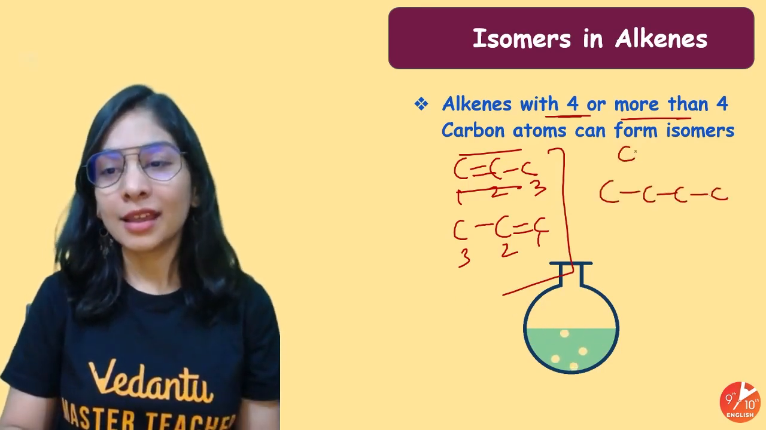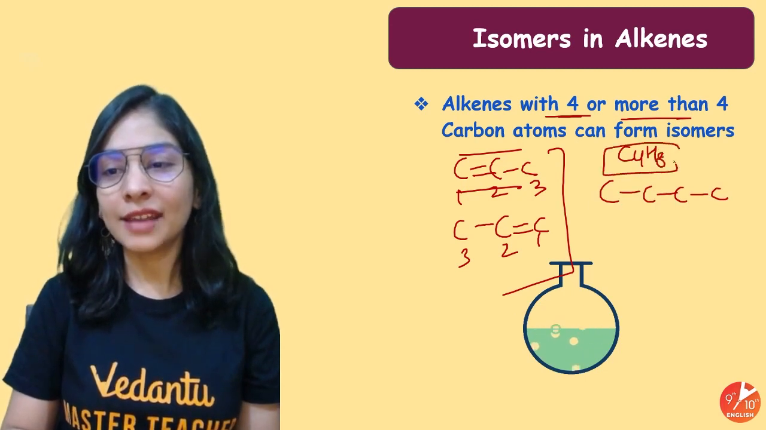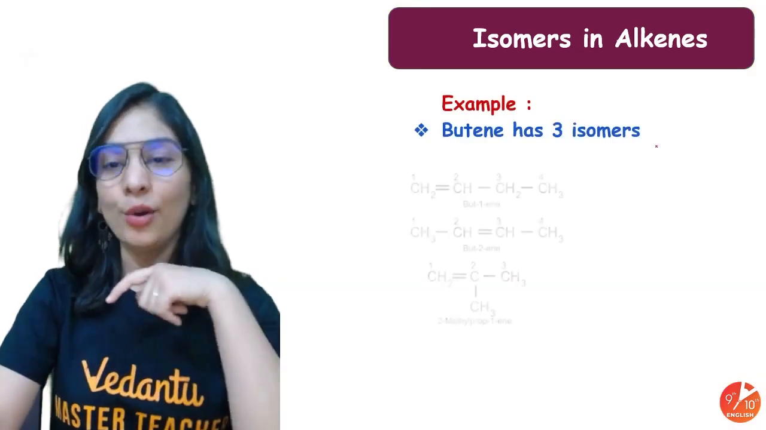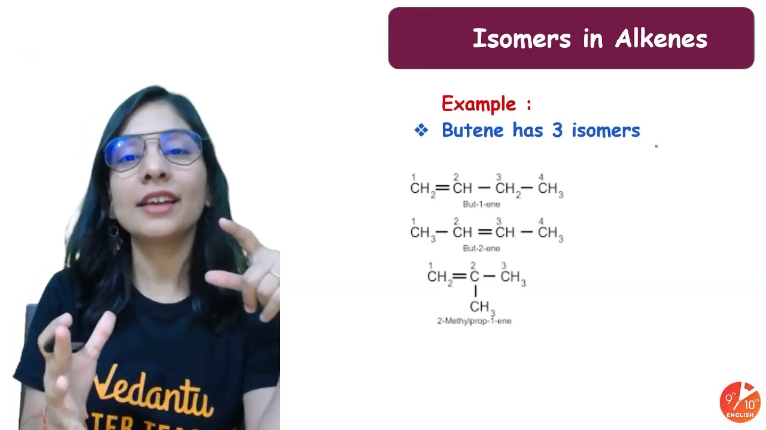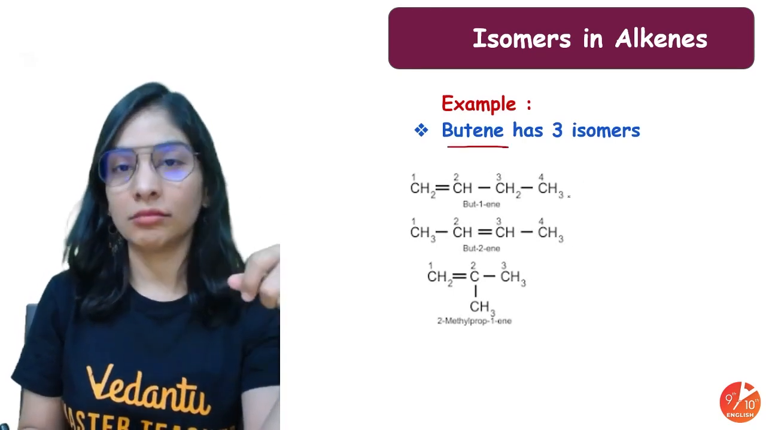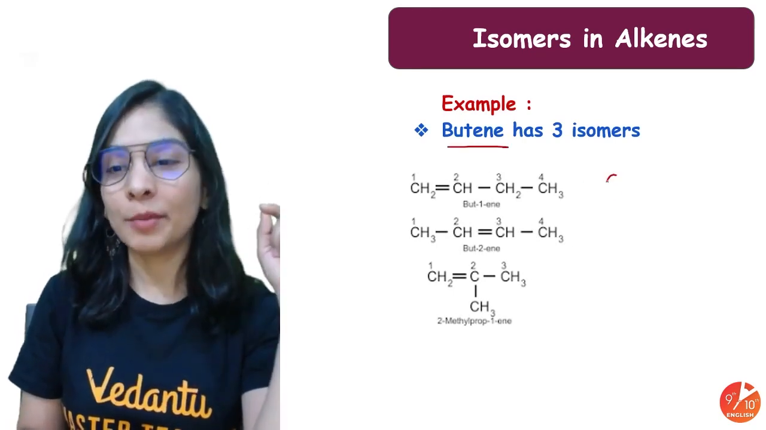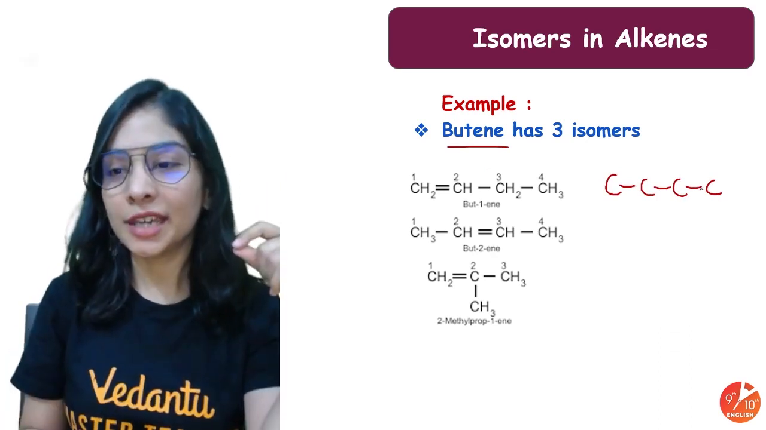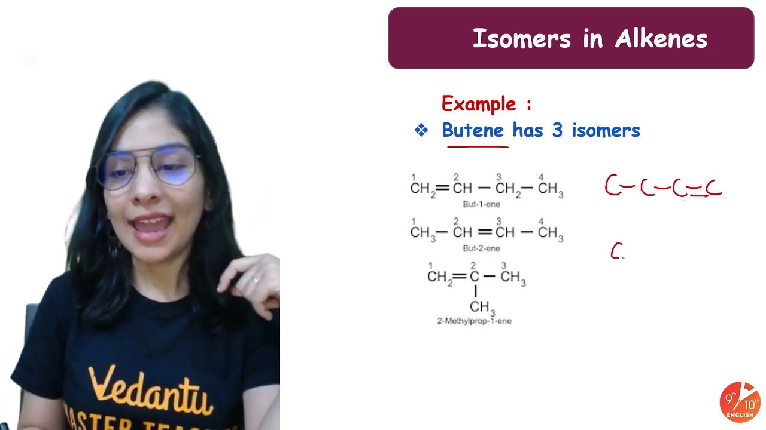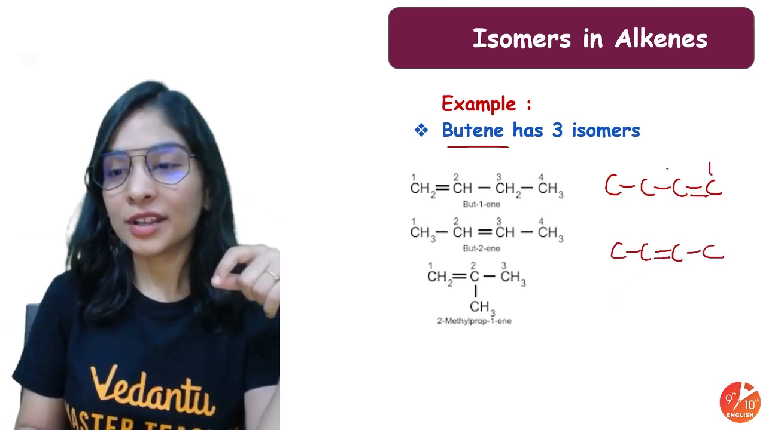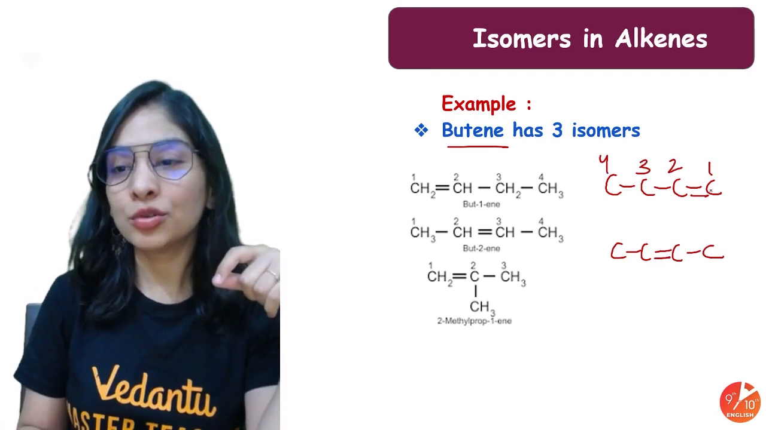4 carbon alkene is C4H8, right? What are the possible isomers for it? Let's discuss that. Okay, so let's discuss: butene can be written in 3 possible structures. Butene, okay, 4 carbons with a double bond. First, I have a carbon chain with a double bond at the first position, and a second carbon chain with the double bond at